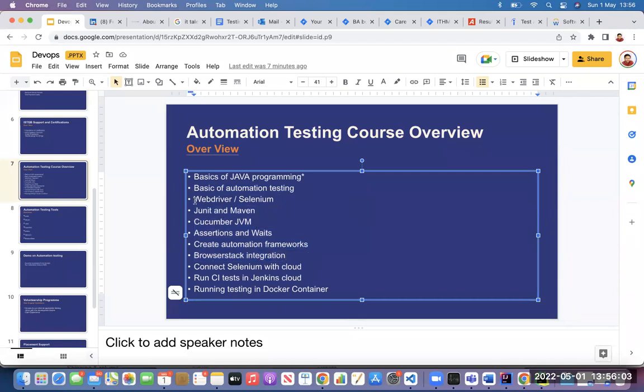For example, if you want to convert yourself into .NET, you can still use Selenium. Instead of JUnit, you use MSTest. Instead of Cucumber, you use SpecFlow. Instead of assertions, there are assertions as well. So from an automation testing point of view, we will teach you Selenium as a library on Java, and around that, nice tools called JUnit and Maven. And Cucumber is one of the very important tools that everybody is using in the UK.